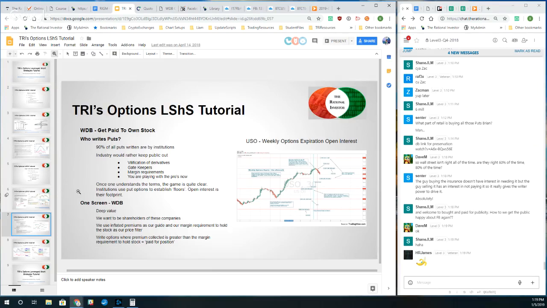Now, if we can, through all the hoops, get through the gatekeepers, and can maintain the margin requirements of owning the positions, and keep in mind that when you write a put option, if you are a retail customer, and actually this will be a fun assignment, especially for guys like,